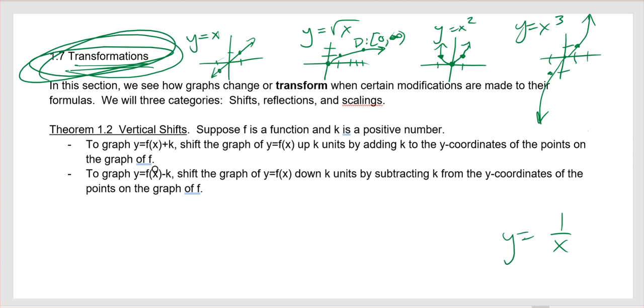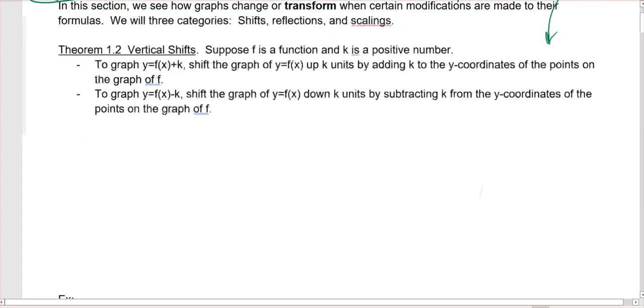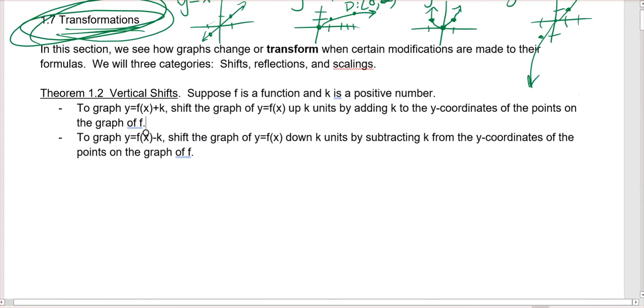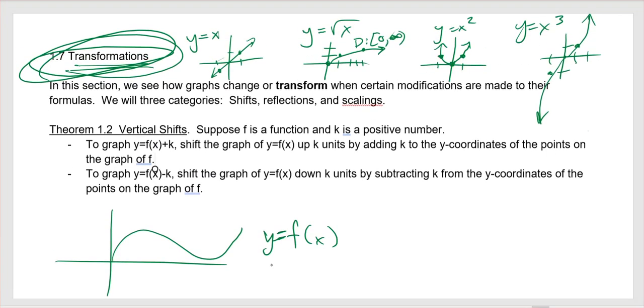All right, so we're starting out with vertical shifts. Vertical shifts are going to be the easiest things that we do. Let's just draw a general function here. So if I draw a function, it looks like this. How wonderful. This is y equals f of x. So this is the graph of our function where y is equal to f of x. So every single point on this graph here has the form